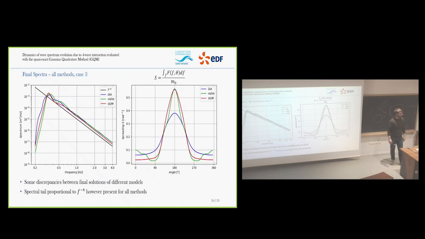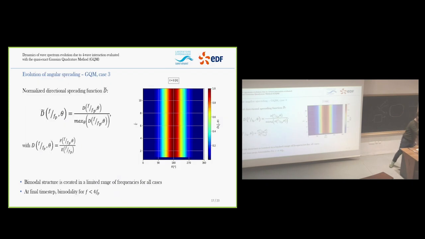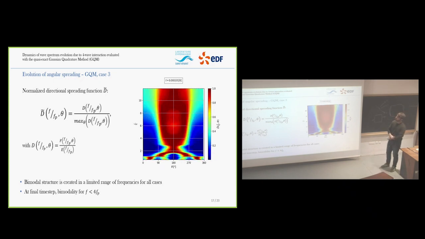This is, on the other hand, the comparison of the final spectra for the same initial case, case 3, Jones-Swamp initial spectra, for the 3 different methods used for the study. And we see, in particular, in the frequency-integrated results, some discrepancies that maybe we can address better when looking at the 2D spreading function, where we see an animation for it, still case